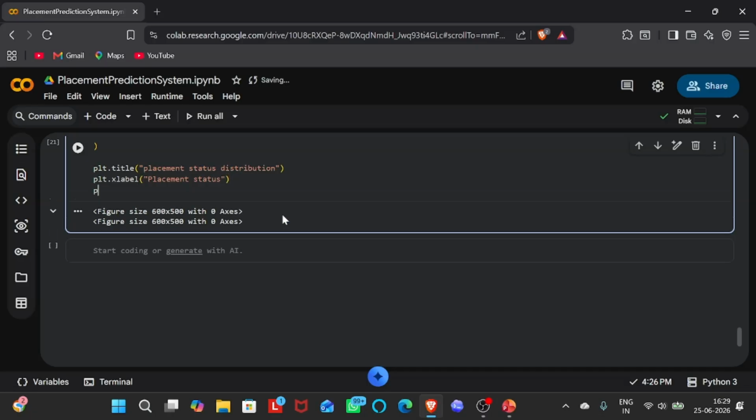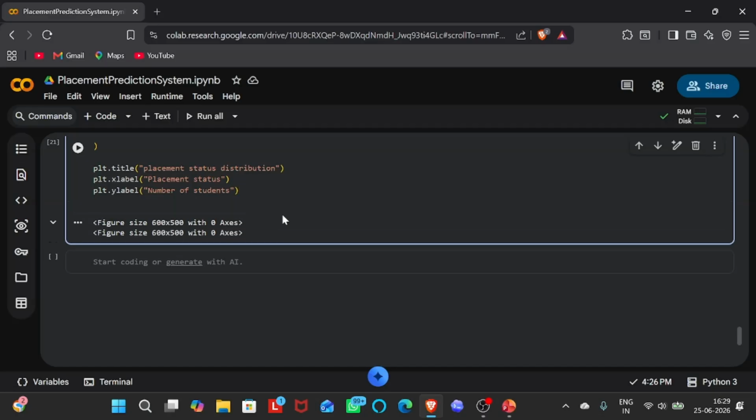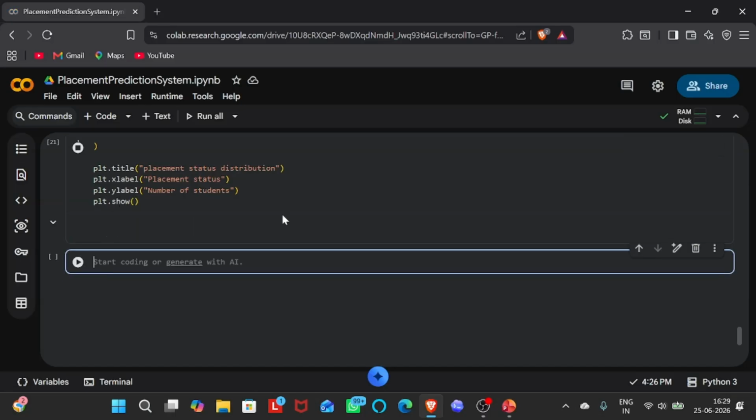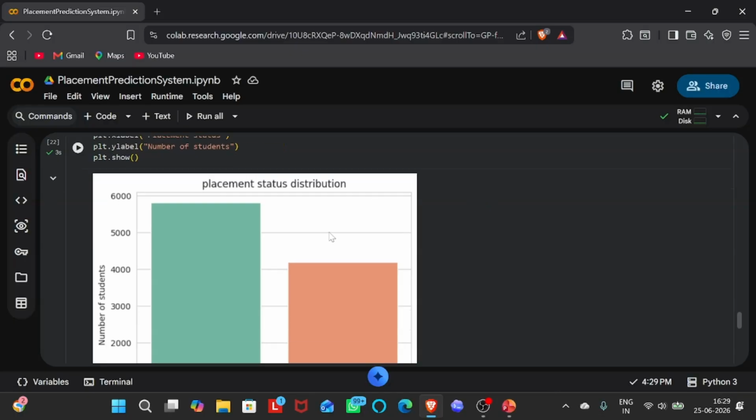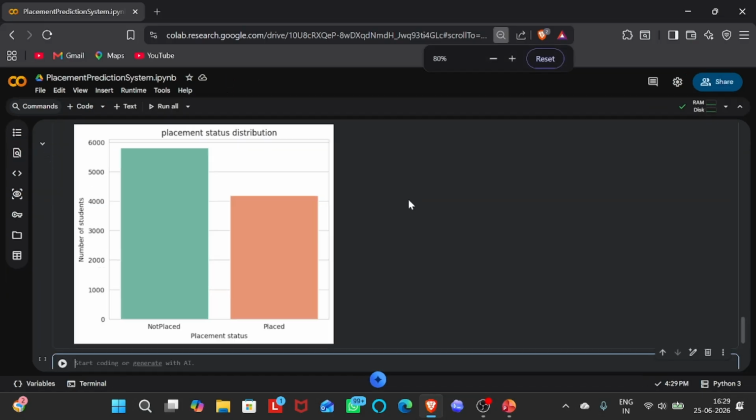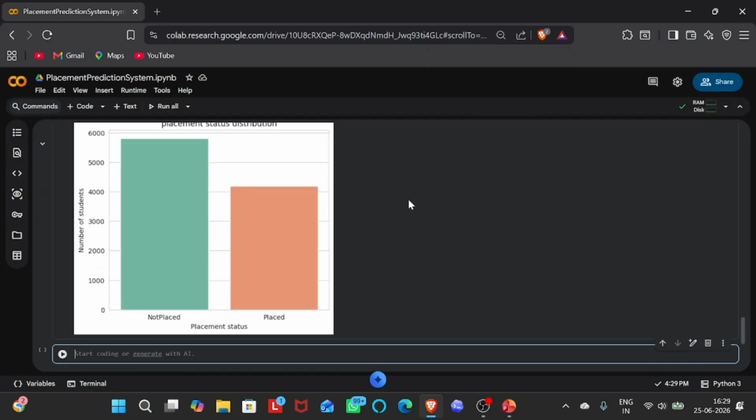एंड नेक्स्ट हम लोग plt.ylabel, और वाई लेबल में हम लोग क्या देंगे, नंबर ऑफ स्टूडेंट्स। तो अब हम लोग क्या करेंगे, plt.show। ठीक है, तो उसको जस्ट रन करो, देखो हमारा ग्राफ बन के आता है कि नहीं। तो यहाँ से देख सकते हो आप कि ये हमारा ग्राफ इज रेडी। ओके, तो थोड़ा मैं जूम आउट कर दे रहा हूँ ताकि क्लियर दिखे।